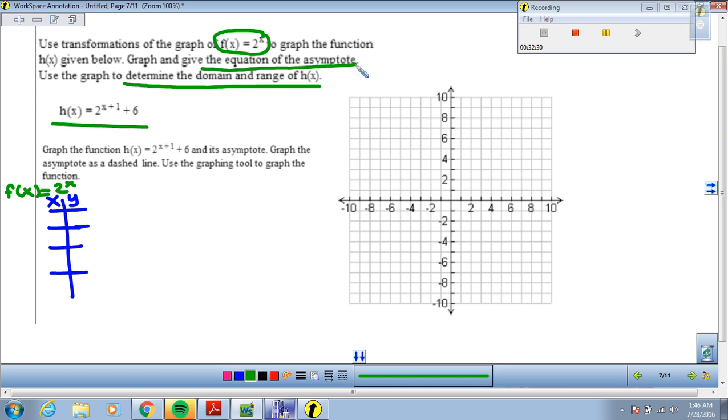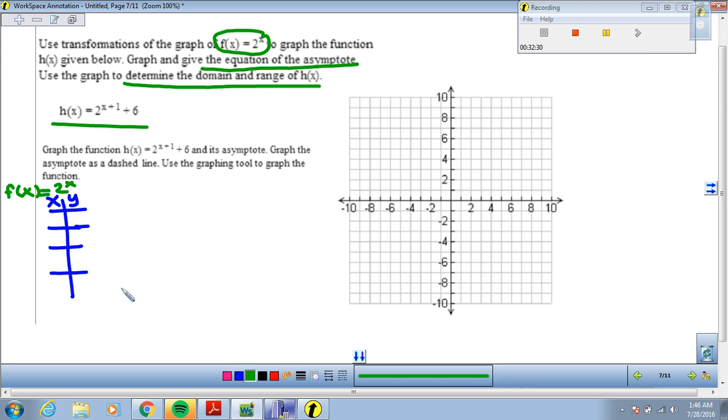Equation of the asymptote again of this one, the transformed. Same thing here. Graph the function and its asymptote. Graph the asymptote as a dashed line. Use the graphing tool to graph the function. So if we really want to go step by step using transformations,